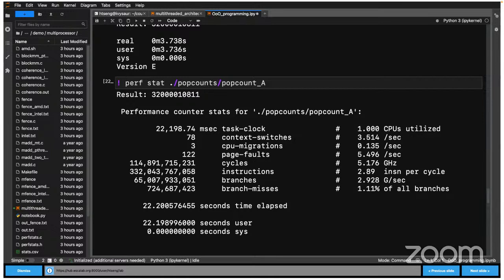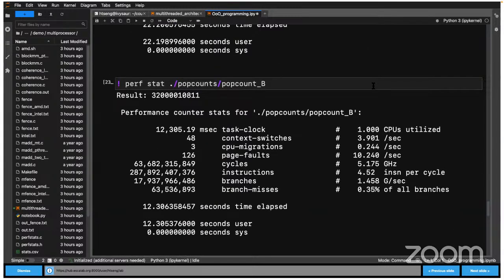And among the 65 trillion branches, about 724 million are branch misses. So the miss rate is already pretty low, right? It's probably at the level of 0.1%. And let's look at B. If you remember the number,